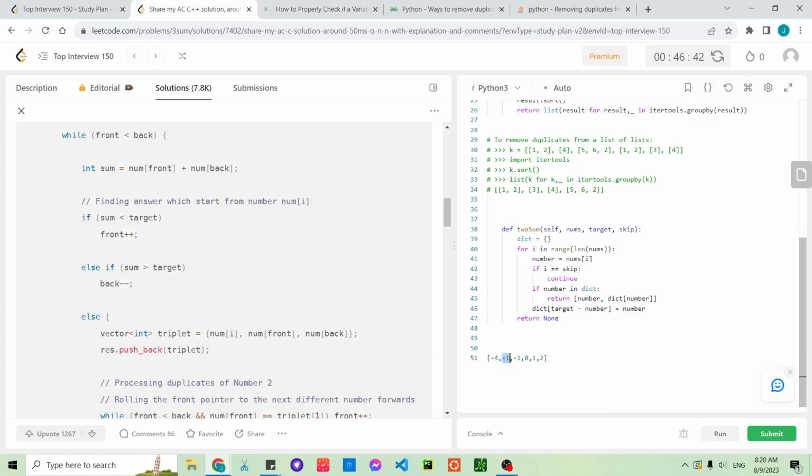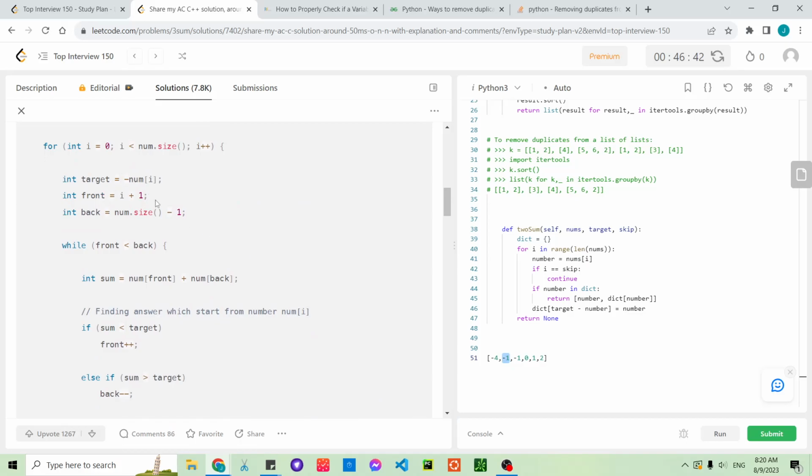And then we're at this element, which gives us target 1. Oh, look at that. So we're here, I is 1, target is 1, front is 2. We will not even consider this -4. We would only go over the front and back in that portion